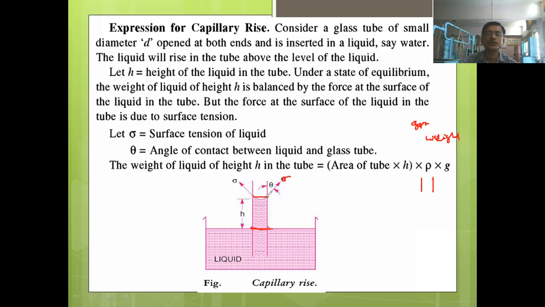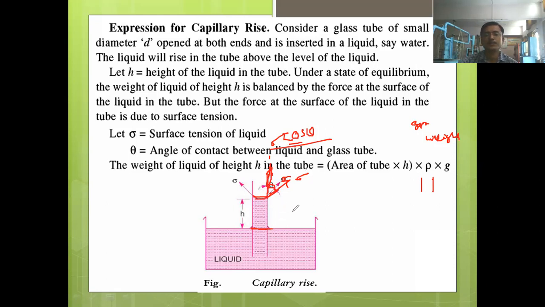So the vertical component: now this force is acting in this inclined direction. This is called the angle of contact between glass and water. Okay, if you take the vertical component of this, because of this component only this water is rising here. It can be represented by sigma cos theta. Why cos theta? Because this sigma has an adjacent direction with the component, so that is represented by cos theta. So this component is sigma cos theta. This sigma cos theta is responsible for the rise of water level inside the glass tube.